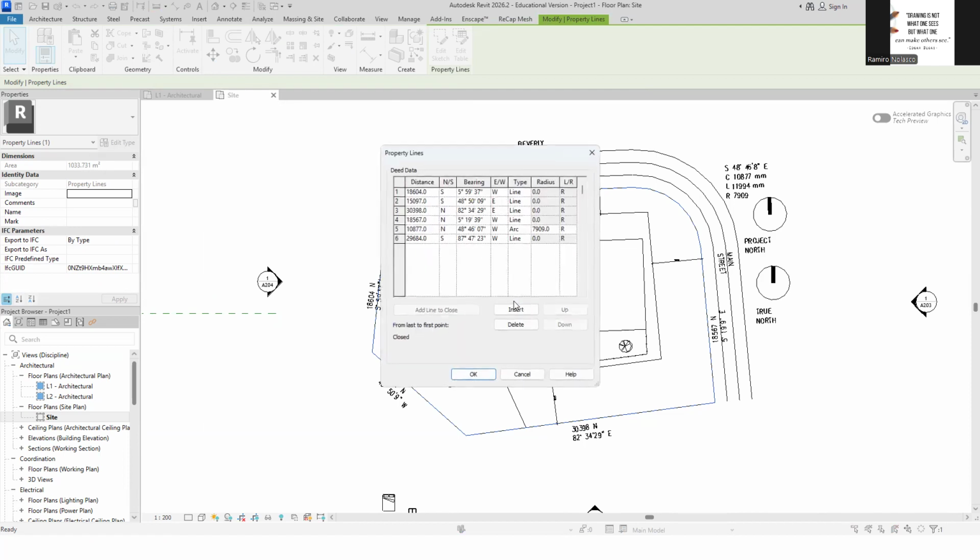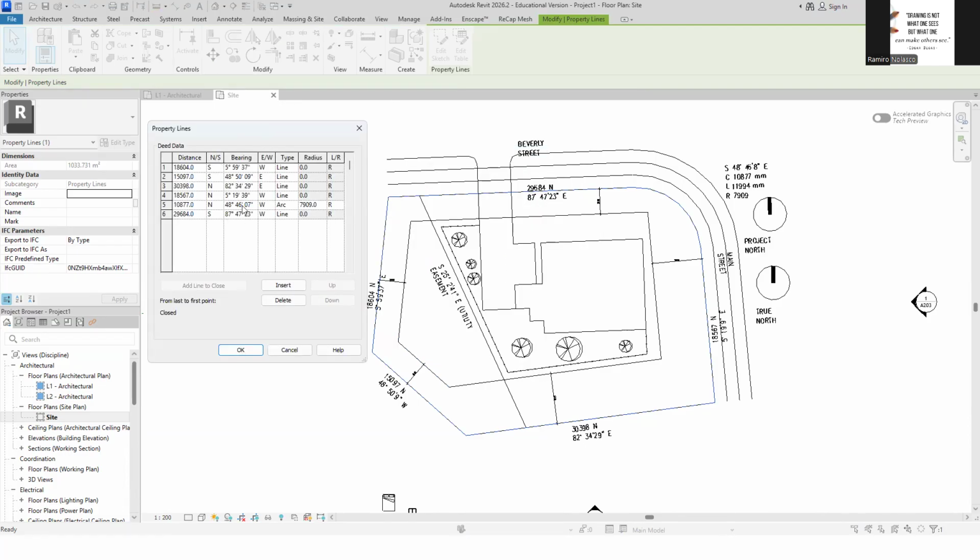We'll say yes. And what do we have here? Notice that these are the distances and the bearing that we did in AutoCAD. So we could actually do the property line using distances and bearing, or simply pick the lines.